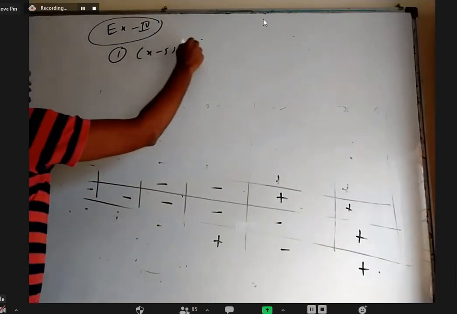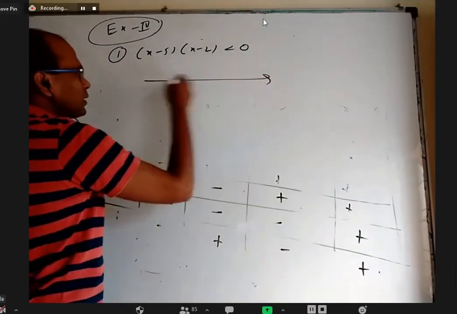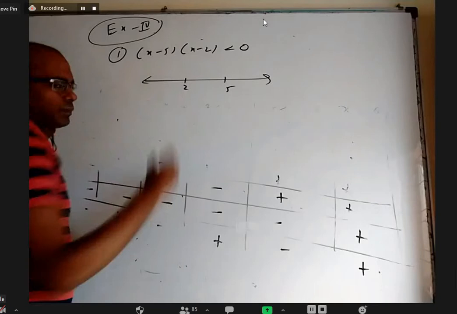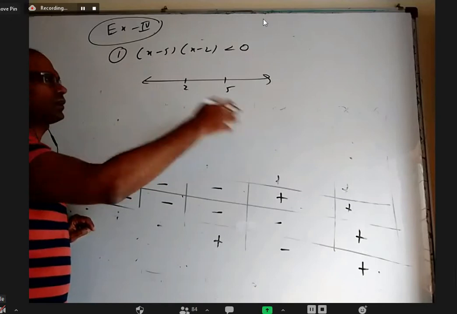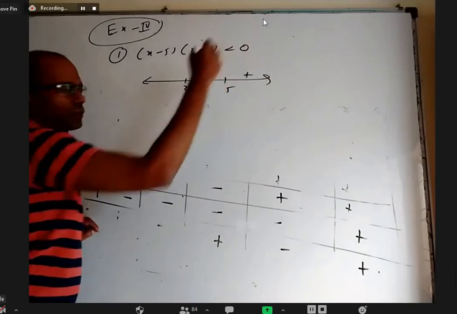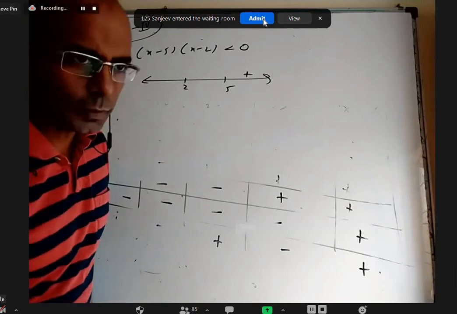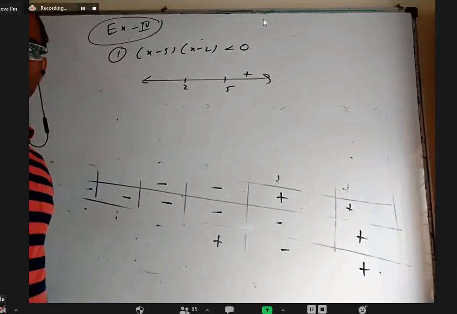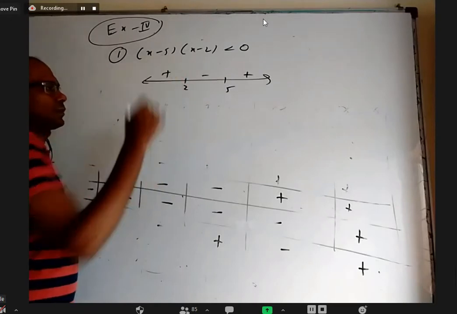(x minus 5)(x minus 2) less than 0. Okay, first I need to take number line and mark the numbers where this is 0, where this is 0. One is 2 and one is 5. So take anything more than 5 and substitute, let us say 6 or 7, or just when it is more than 5, x minus 5 is positive, x minus 2 is positive, the product will be positive. So usually the rightmost side is positive only, but if you want to check it, you can take one number in that region, substitute in the question and see each one is positive or negative and the whole product is positive or negative. Once you mark that, it is alternately minus here, plus.